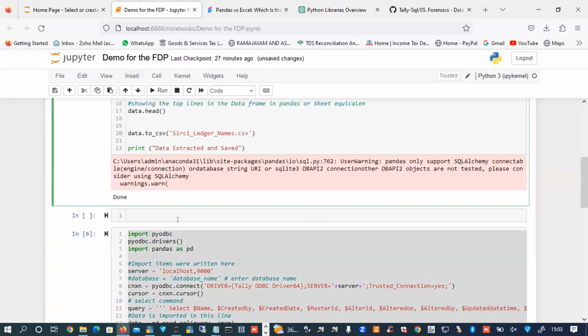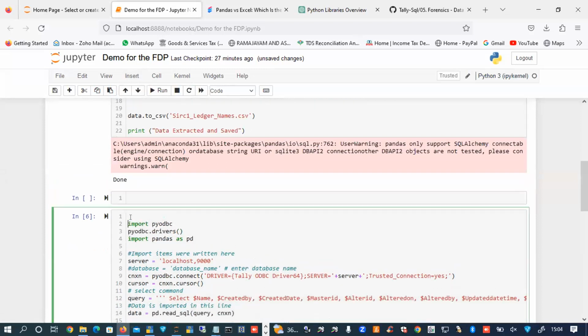The second query, the second script which we wrote, is ledger with created and altered date.